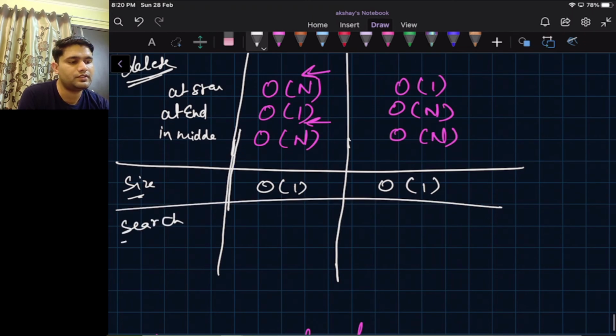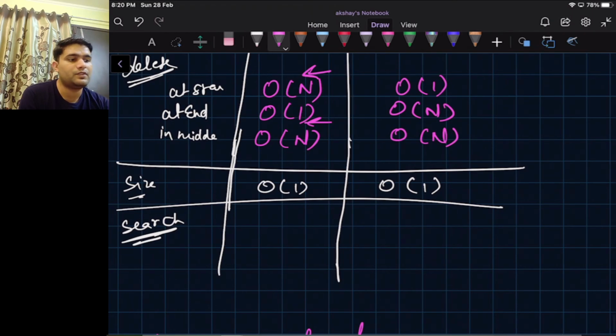Search. There are two kinds of search that we can perform: we are searching either a value or a position. Either position or value.